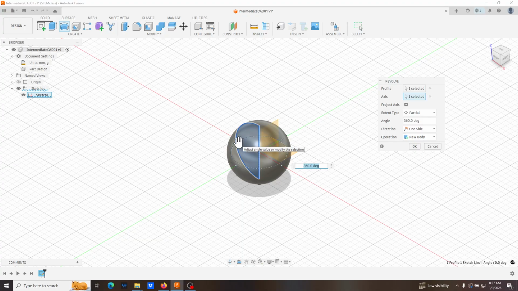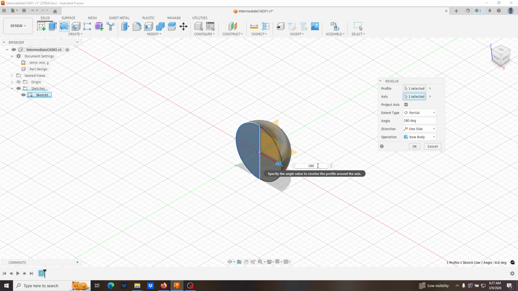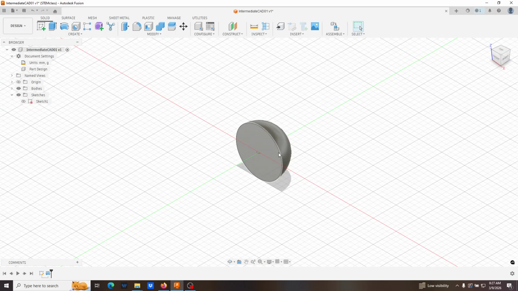Now, by default, when you start with the revolve, it's going to ask me for degrees. So 360 is a full rotation, but since I only want a half circle here, I'm going to switch this to 180. So when I switch that to 180, I'm then going to have a half circle here, or semi-sphere, excuse me, I keep on calling it a circle, and then I can set these numbers in here directly. So then I'll hit that, and then there I have my